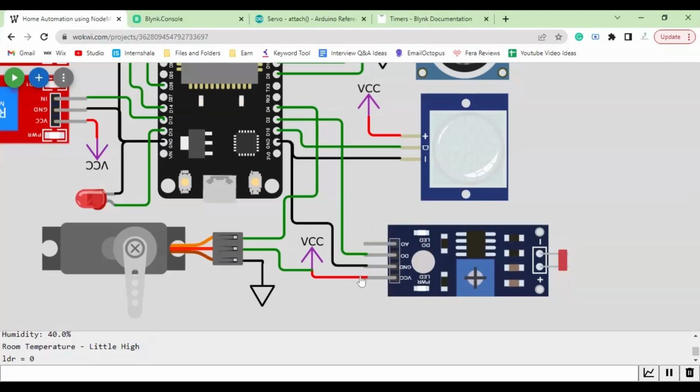Here we have VCC connected to this VCC symbol here, and the ground is connected to the same ground of the ESP32 board to which this PIR sensor is connected. And there are two more pins, which are analog A0 and digital D0. So the basic idea is whatever values this LDR is detecting, if we receive it